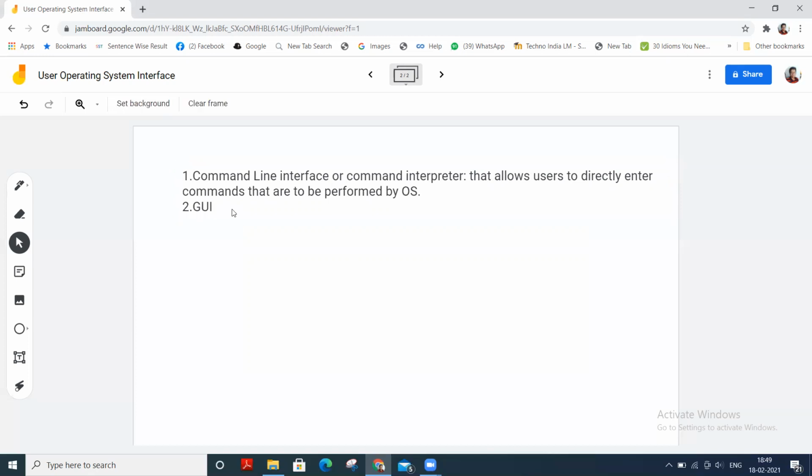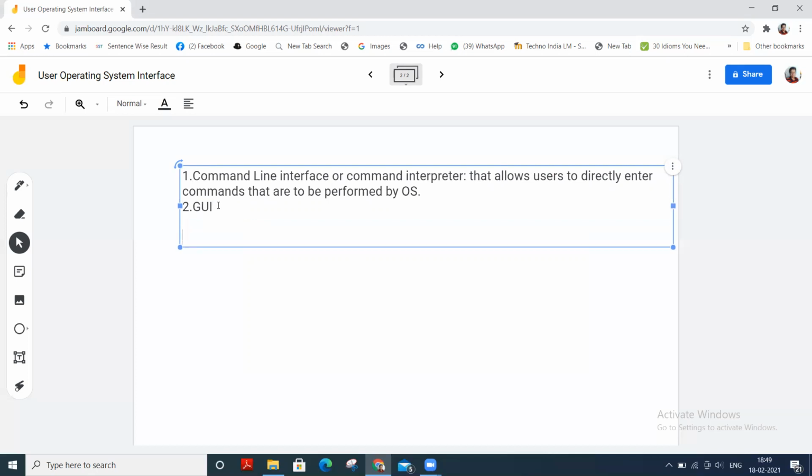So first we will learn about the command line interface or command interpreter in brief.